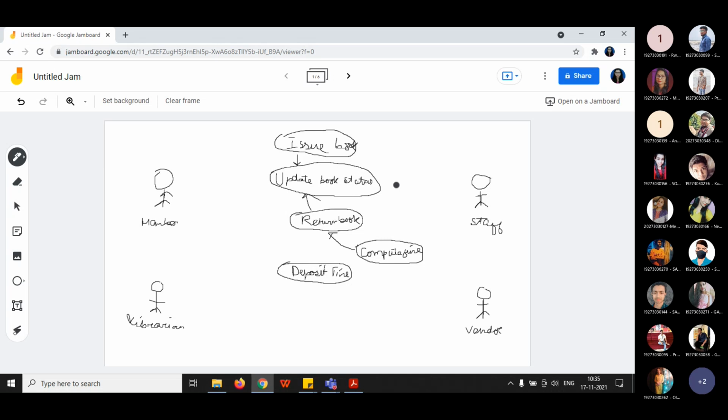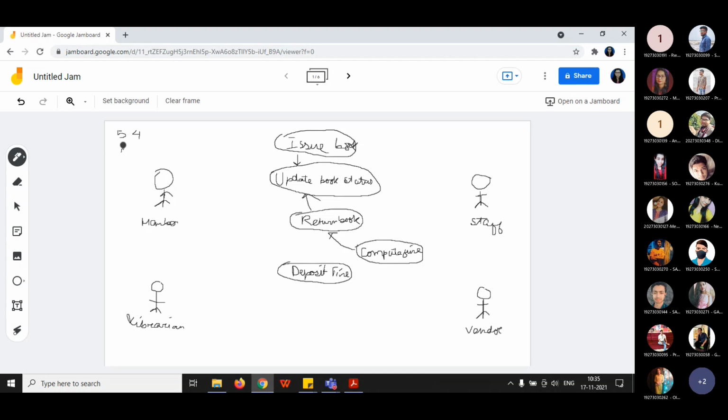So that's why after computing the fine, they can return the book, and after that it gets updated that yes, he has returned. Suppose a person can avail only 5 books and he has availed all 5. You know that by the end of the semester you need to submit all the books, but suppose a person has submitted only 4 books and 1 book is remaining. Suppose that student has missed the deadline, and if anyone misses the deadline, some kind of fine is imposed on that person.